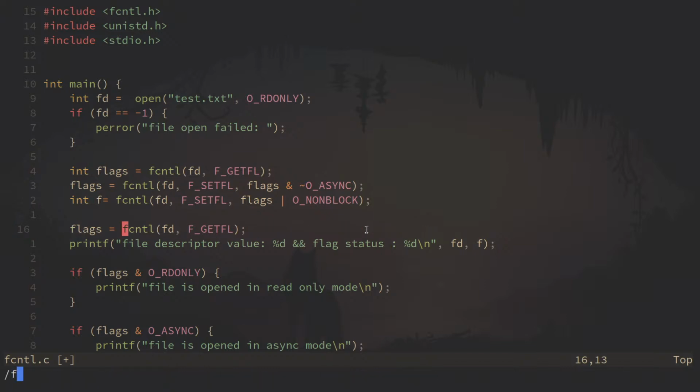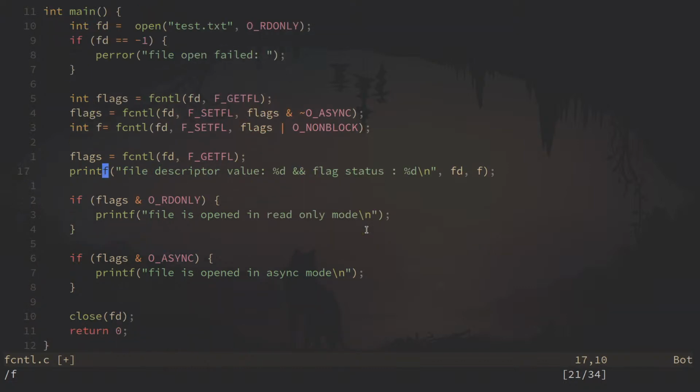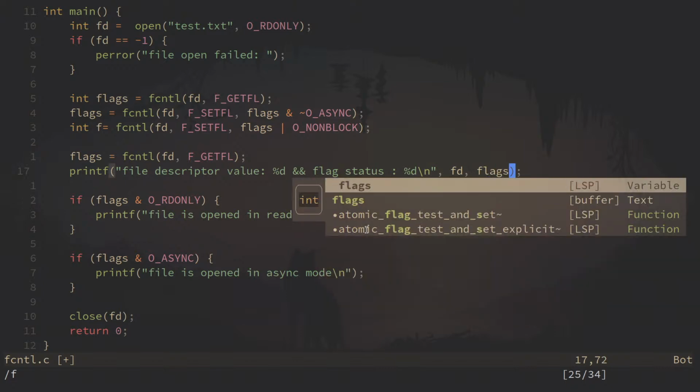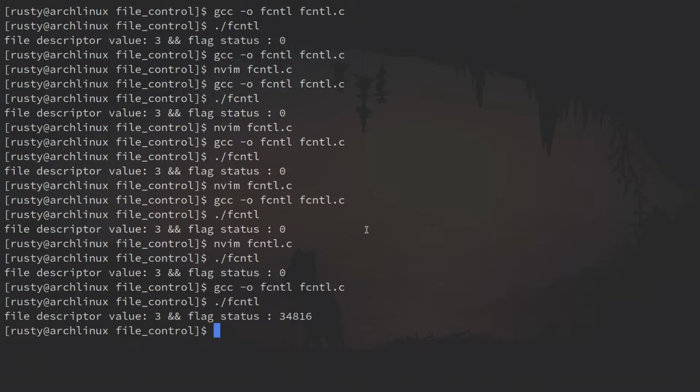So let's check again. We recompile and rerun that. Now we are getting 34816. Let's check